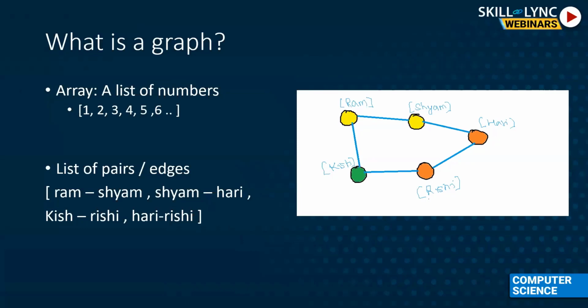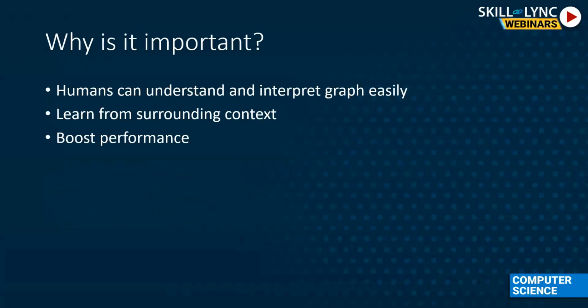But imagine that if I were to give you all these friends lists in some kind of a table, say Ram and Sham, Ram and Krish, Ram and this one. If I give you all this in the list format, in the tabular format, then it gets very difficult for us to answer all these things. So that is why the graphs give us a very important context to answer very trivial questions that we want to ask from the data. So that's why it is very important to understand the graph, to understand the importance of it.